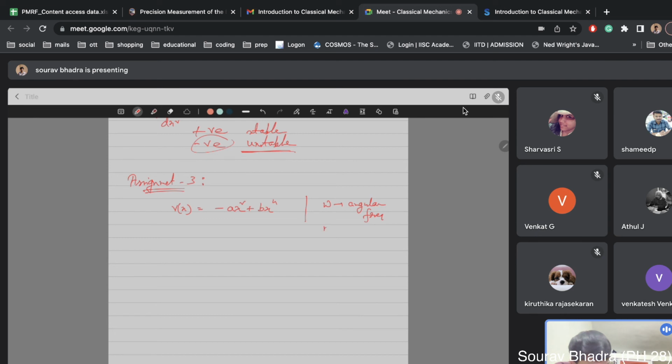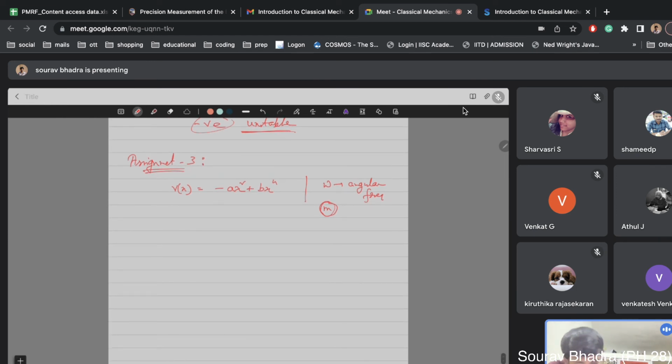and let's suppose there is a particle of mass m. Okay, so only the potential is given, and you have to derive the angular frequency. How to do that? Okay, now